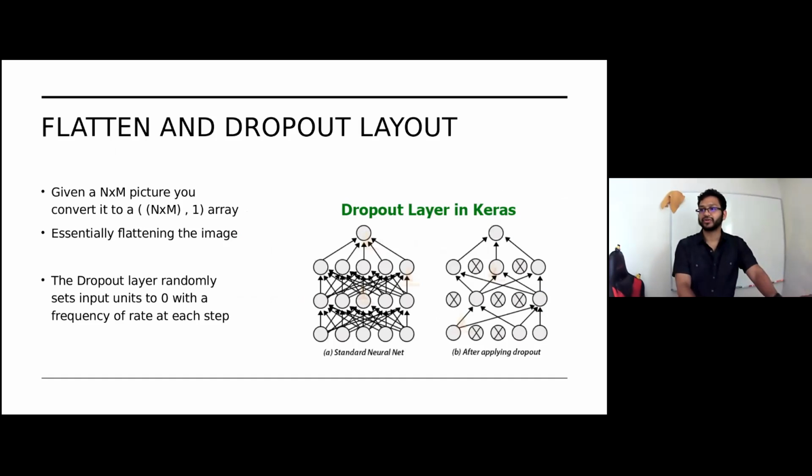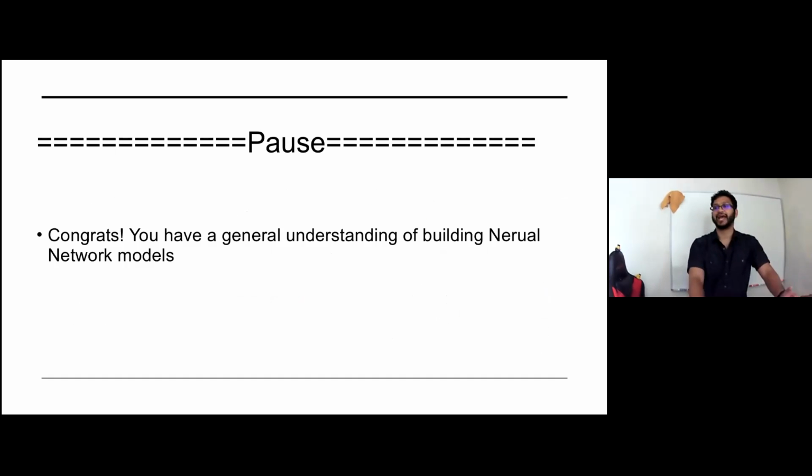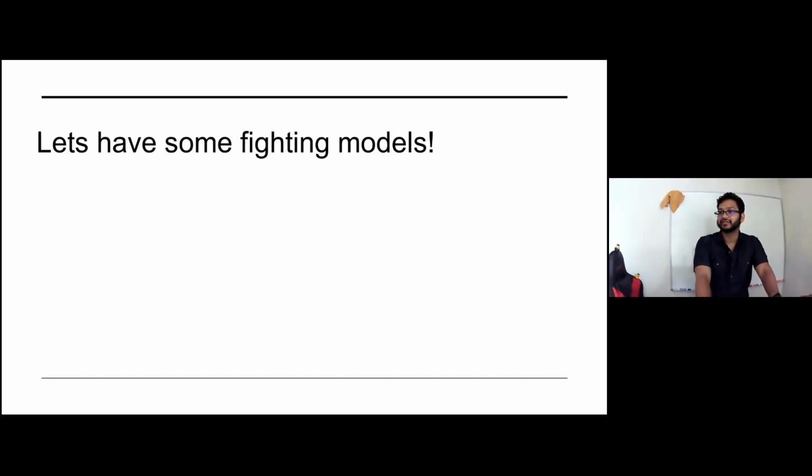Great. So now, congratulations. You now have a general understanding of how to build neural networks. Now here's the part we're interested in. How to make neural networks fight each other. And this is a whole area of research that couldn't be covered in an hour. So I'm going to do more of a hand-waving understanding of it. And then we'll go into the coding if we have time. But again, if we don't have time, the code is made available to you guys with the environment set up and everything.